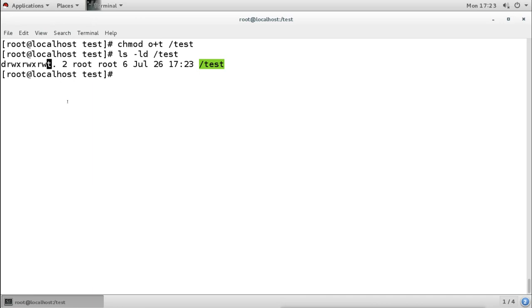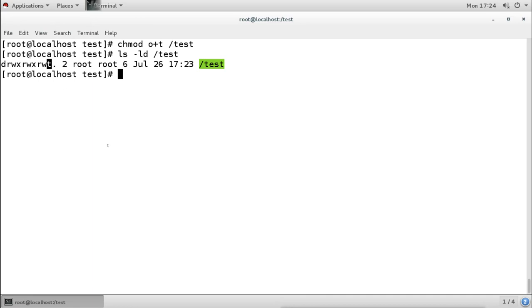Now one more thing you will see is this t, which means it is a sticky bit, but sometimes you will see a capital T here instead of this small t. What does that mean? Very simple, there is no execute permission for others. When we see the permission like this with the long listing, we see read, write, execute, but right now instead of x we are seeing t here.